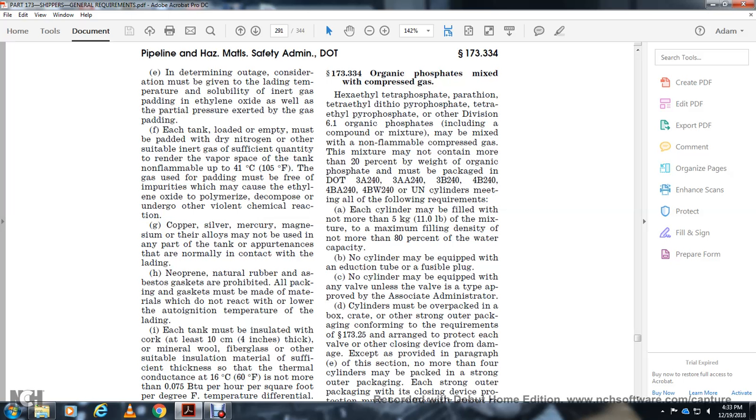Each cylinder may be filled with not more than 11 pounds of the mixture, with a maximum filling density of not more than 80% of the water capacity. No cylinder may be equipped with an eduction tube or a fusible plug. No cylinder may be equipped with a valve, except a type of proof valve. The associated cylinders may be overpacked with a box strong enough